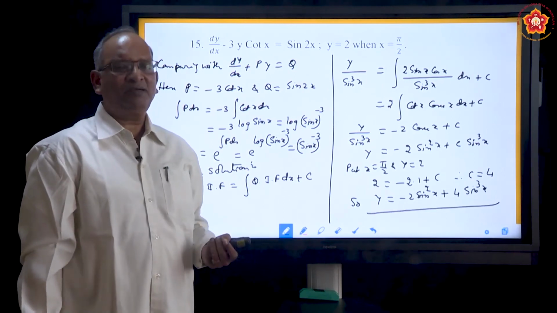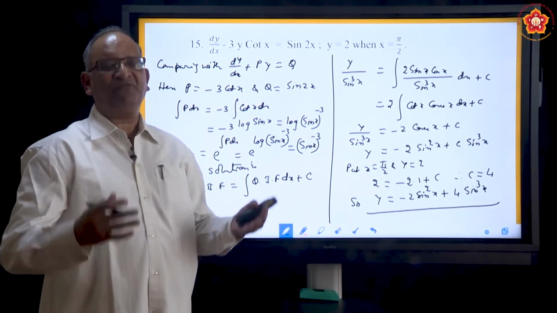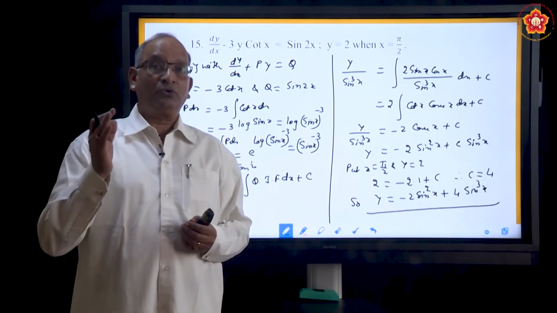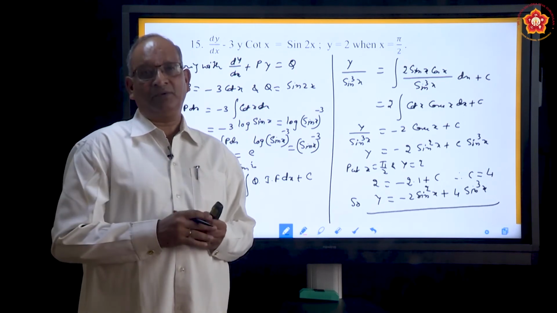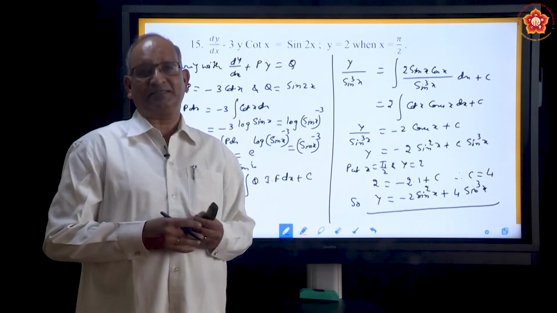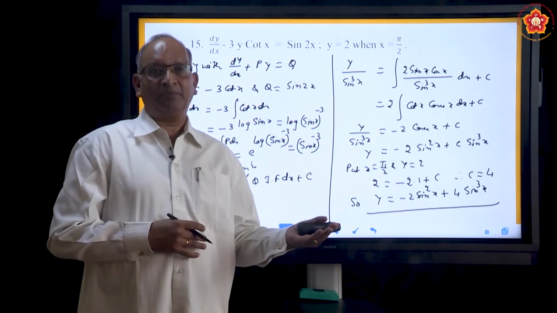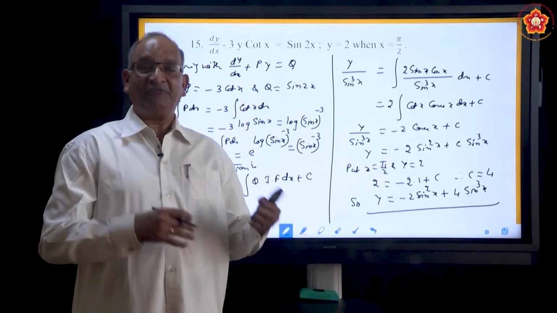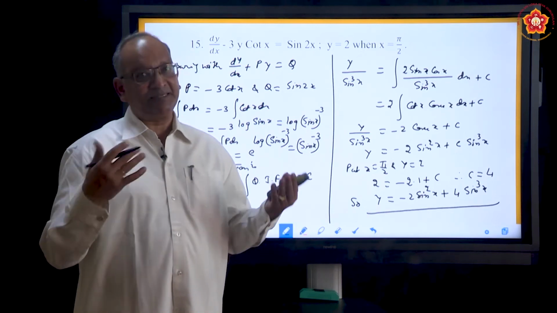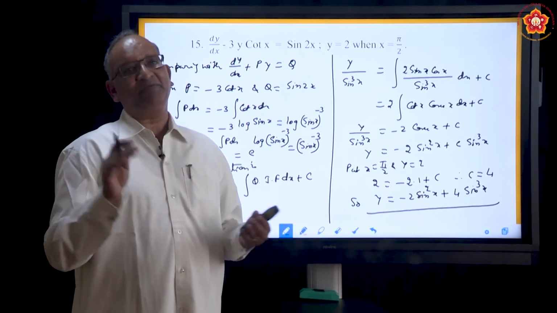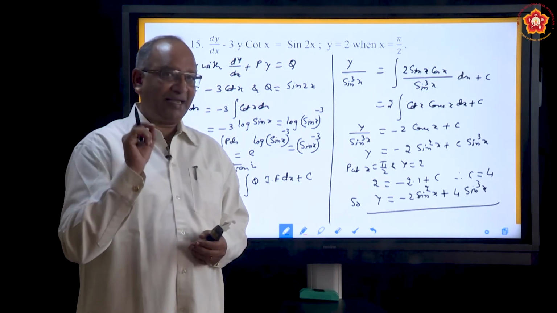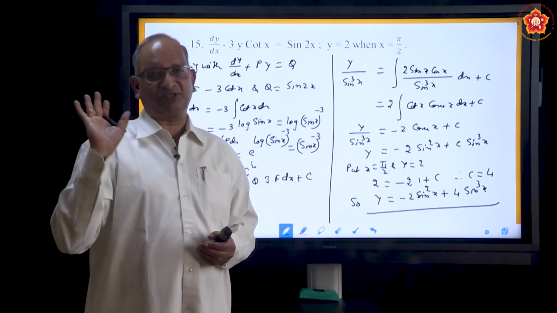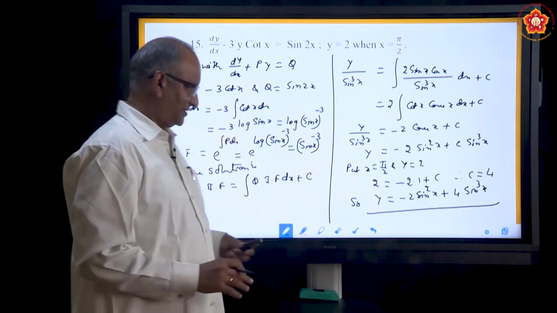So, what do we find? We find that the procedure is same for every problem. What is important is to identify what kind of equation it is. Is it variable separable type? Is it homogeneous type? Is it linear equation type? If it is linear equation type, whether it is dy by dx type or dx by dy type. Once you are able to identify, you can see that for all of them there is a fixed procedure. Follow that method, you get the answer.